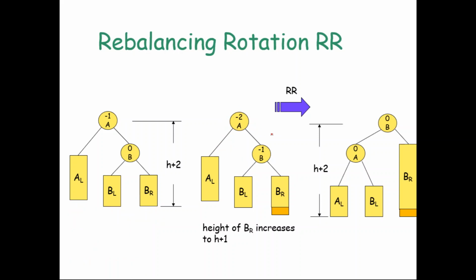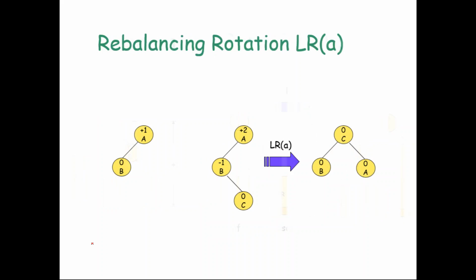So when you do this rotation, this is what happens. B goes up, so B comes here, and B's right is BR as usual, and A goes down. Whatever was the left child of B will become the right child of A. So now this is a balanced tree. The resultant tree is a balanced tree. Okay, next let us see the case for LR.